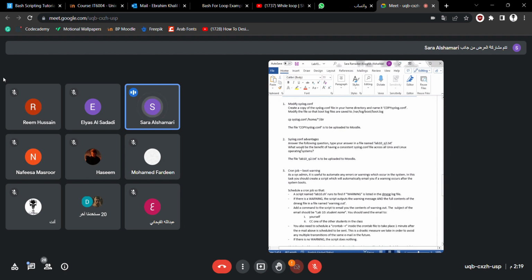Okay. What would be the benefit of having a consistent syslog.conf file across all Unix and Linux operating systems? I'm not sure of the exact benefit, but since they're talking about it being consistent across all Unix and Linux operating systems, we could say that if someone wants to use from